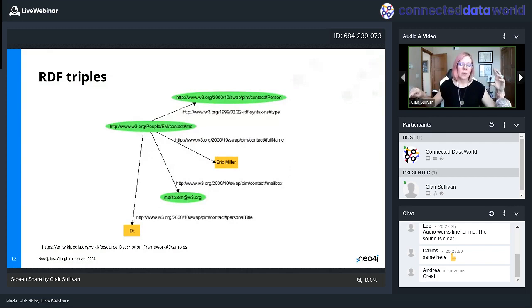Okay, so the relationship label is contact full name. So I can see that my contact me button is going to connect me to Eric Miller and the full name. And so this is just kind of like a standard format. We're not going to do this today, but if you're ever interested in getting involved with RDF triples within Neo4j, there is a package called Neosemantics that does all this for you.